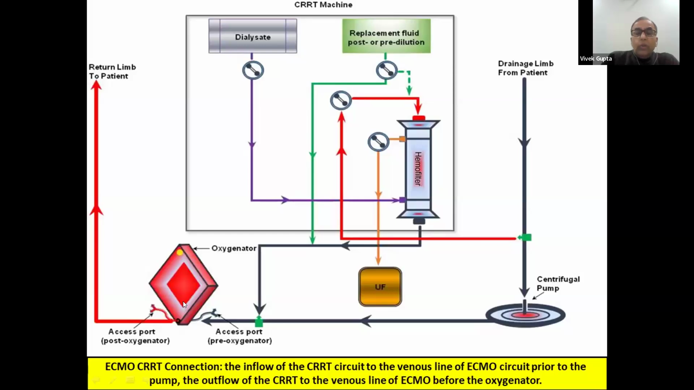The other combination, not a very common one, is to have access at the pre-pump area and the return line between the pump and oxygenator. Here, there is more risk of air being sucked in because it's a negative pressure zone, and if there's a small leak, air will come into the circuit and it will keep giving an alarm. But you should be very cautious about